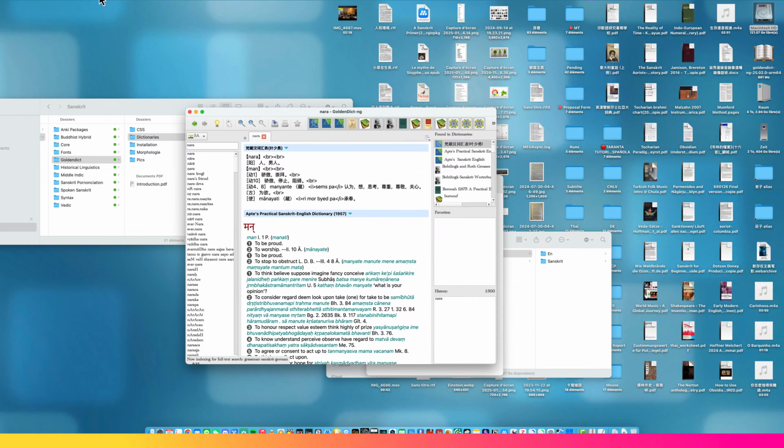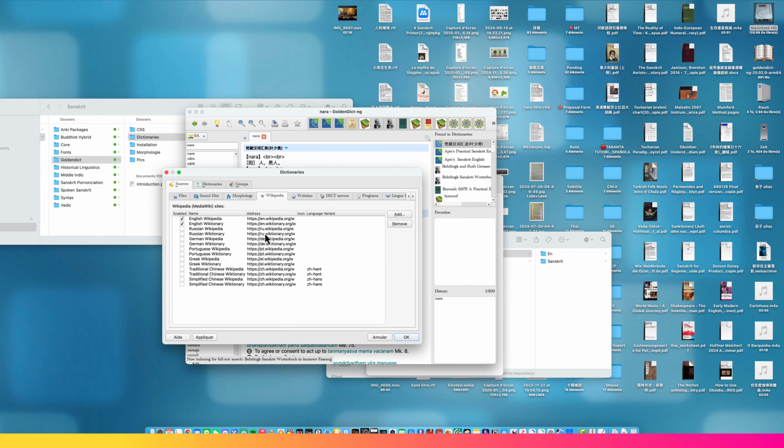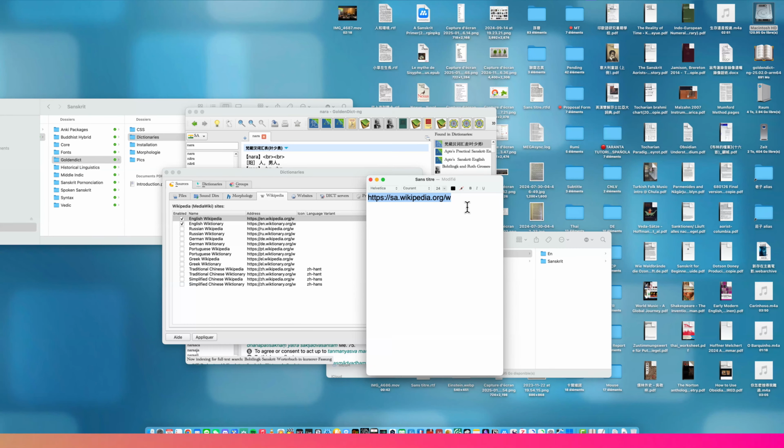Just go to Dictionaries and you see Wikipedia here. And if you copy the website address and change it into Sanskrit, this is the code for the Sanskrit language, so you can